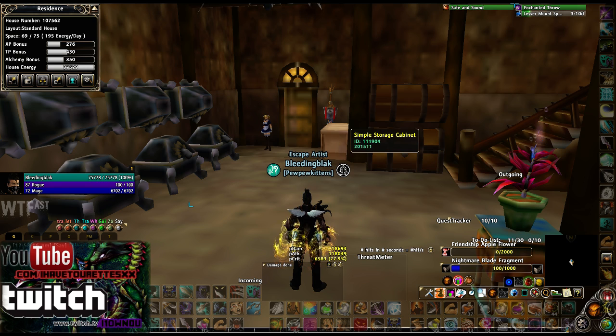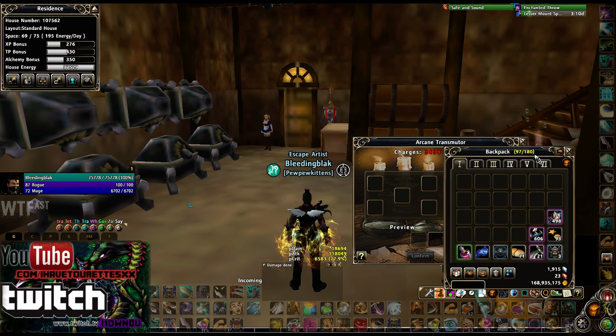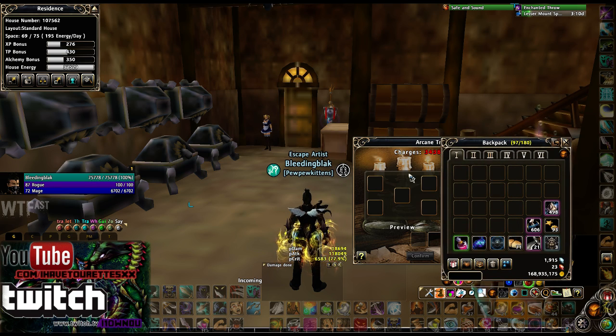Let's go into the next one, which is advanced magic box. Okay, this is, I do not get this. I mean, it lets you have, okay, basically this is how your magic arcane transmuter looks like. You have 5 slots, but the way Rune Waker made the transmuter look, by the way, that's what it is. They made it